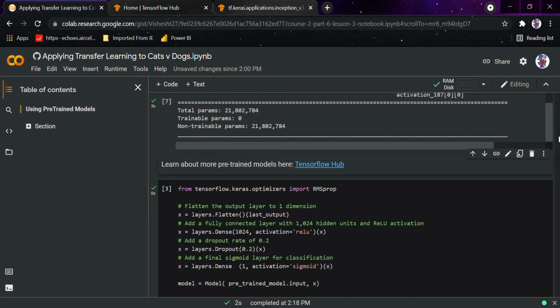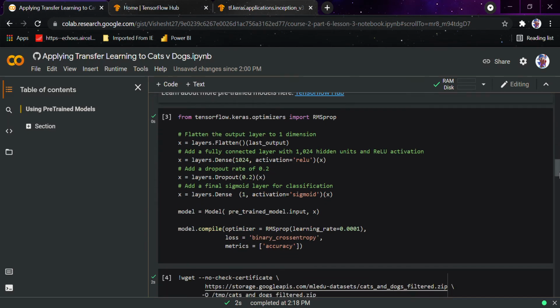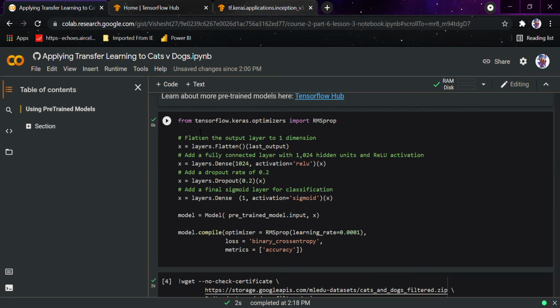Coming back to the main notebook, now we define the model, how it should be trained, and all the parameters. The activation function is going to be ReLU and sigmoid, with a Dense layer of 1024 units, and we add a dropout layer of 0.2.